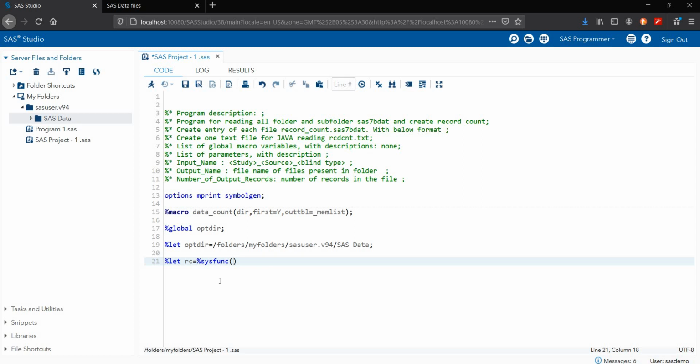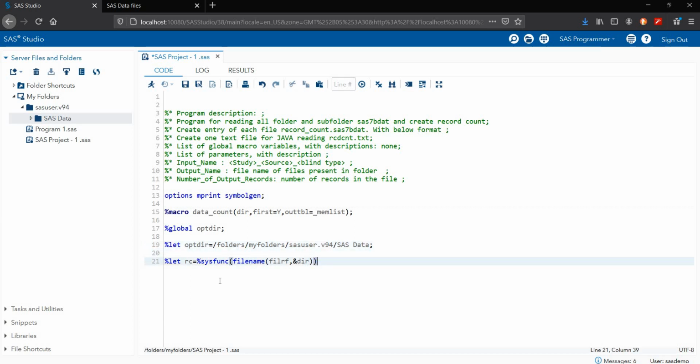I'm using the base function filename. Then in the filename I'm using the file reference. This is my variable. Next I'm using dir for the directory. I'm using the dir variable here.